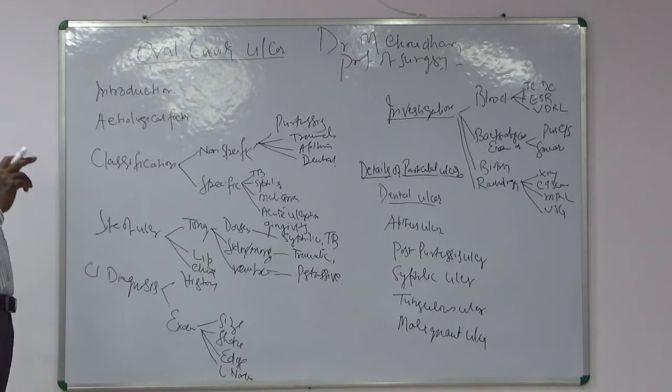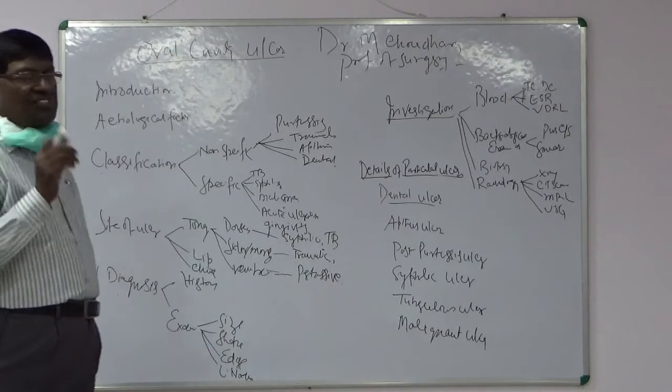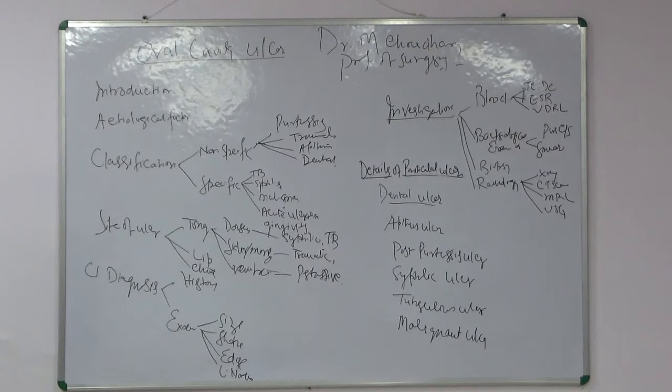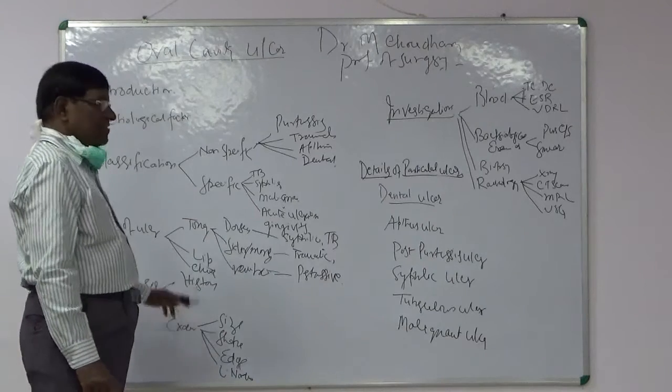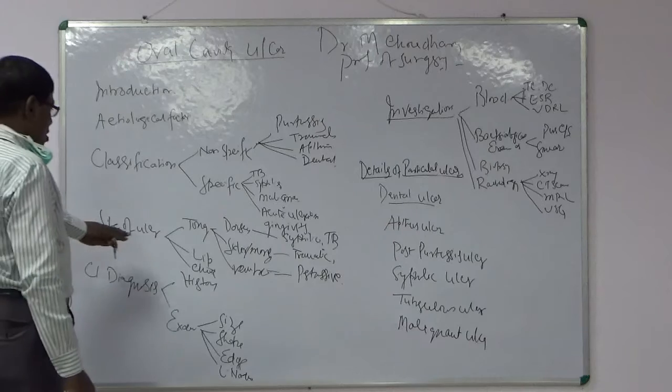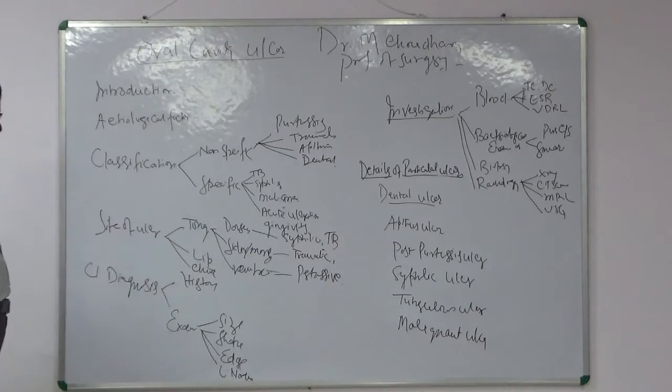The cheek also gets infected or ulcerated by sharp teeth. The upper side of the jaw or teeth, molar teeth, can cause irritation of the cheek, and that will make ulcer formation. If it is not treated properly and remains for a long time, it may turn into leukoplakia, the cancerous condition, and in the last, if it is neglected, then carcinoma of the cheek can take place. So these are the common sites of ulcers in the buccal cavity, that is the tongue, lip and cheek. Now come to the clinical diagnosis.